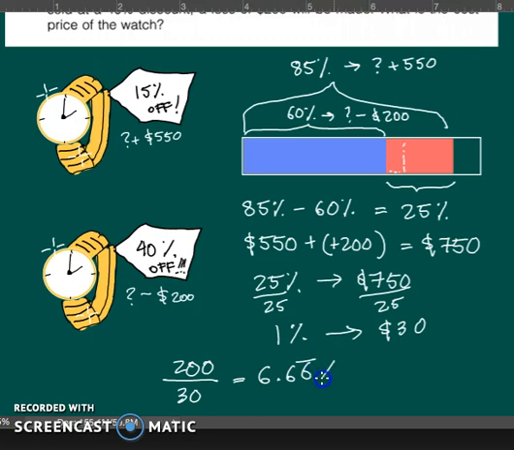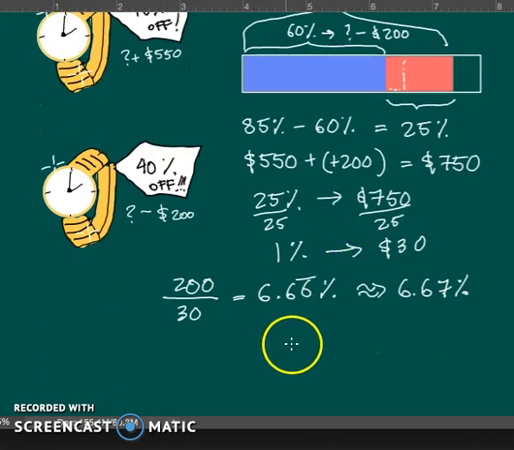6.66 repeating percent. So approximately 6.67%. So that means that if we add that amount to charging, let's go back here. If we add that amount to 60%, we will break even. That gives us